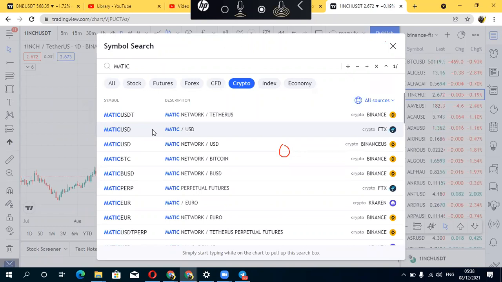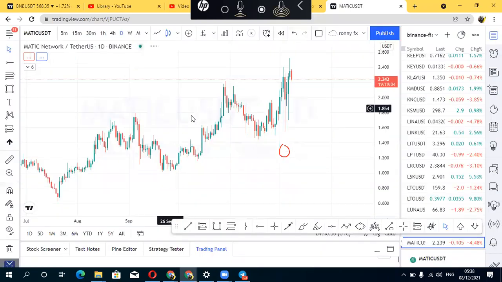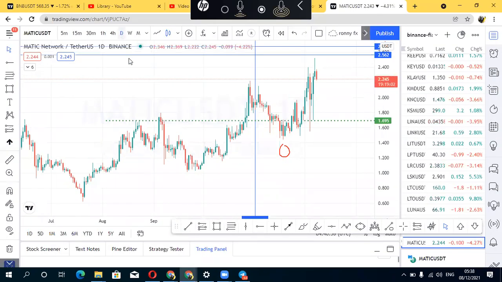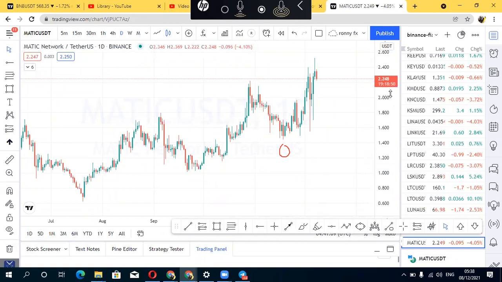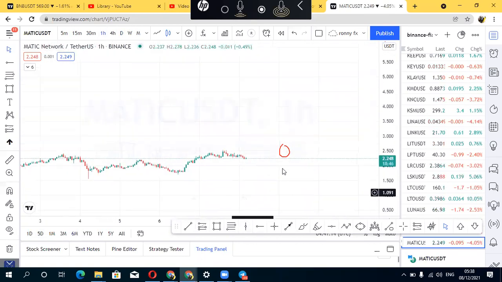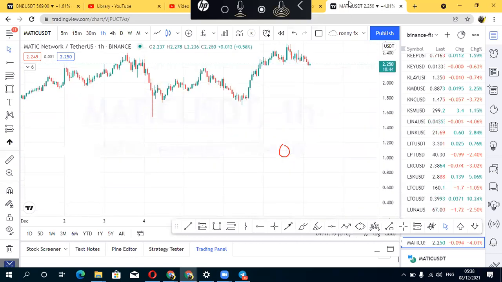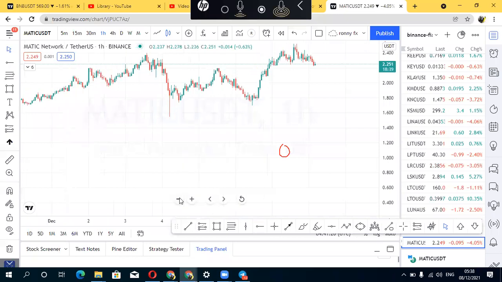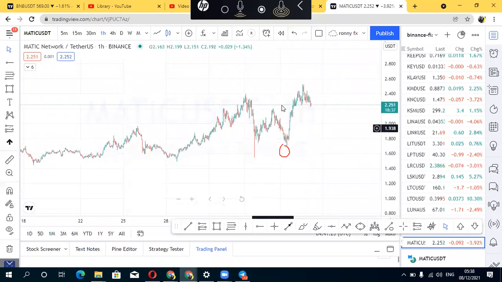This is just to expose you to the different things that we are going to be doing. So this is Matic. Matic is one of those cryptocurrencies that did pretty well after the Friday boom, and you see that the price movement of Bitcoin is actually affecting it. See, as Bitcoin is trying to drop, it itself is dropping. You see, it's dropping. So if you wanted to trade yesterday and found yourself buying Matic at this tip,